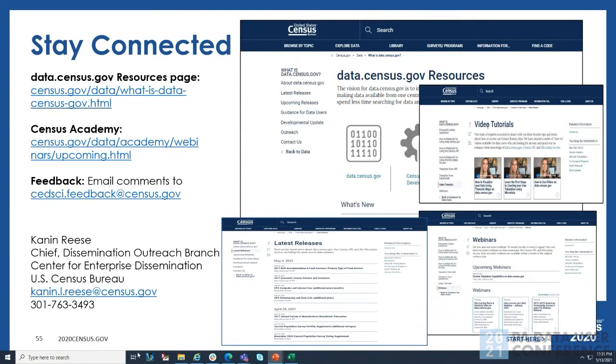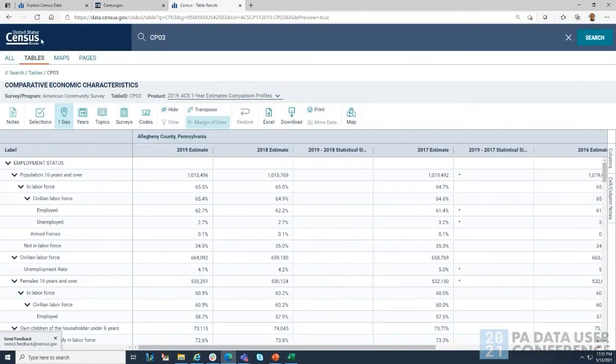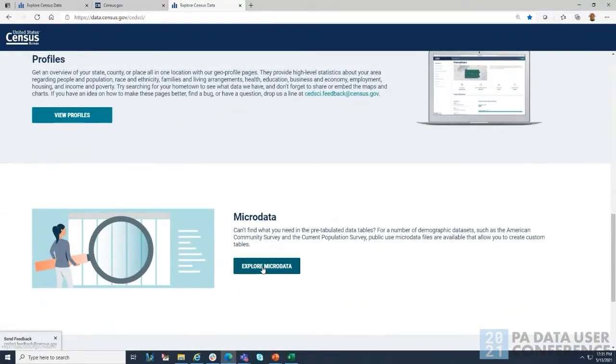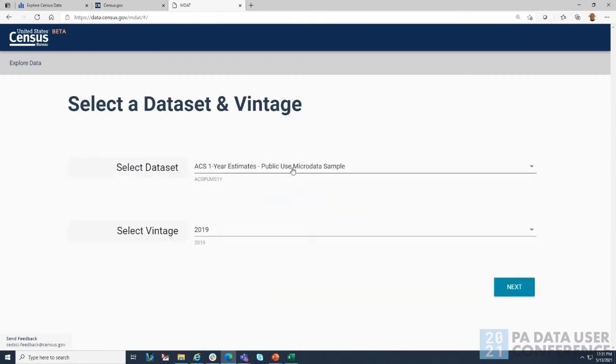So I'm going to sneak over really quickly just to give you an idea. This isn't a full presentation, so this just gives you an idea what it looks like, and then please let me know if you have questions. I'm going to go to data.census.gov. You scroll down and here's Microdata, it's /MDAT. We're just going to use ACS 1 year for 2019.